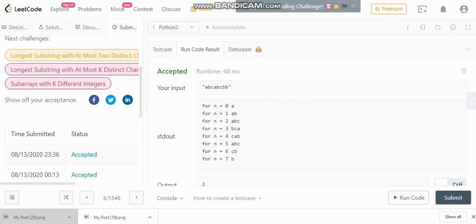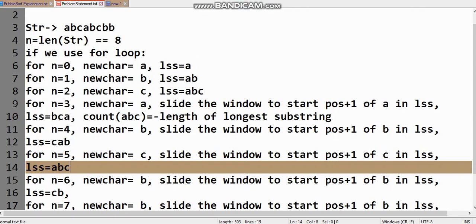For the first iteration it is A, then AB, then ABC, then with sliding of the window it becomes BCA, CAB, then ABC again, then CB, then B. And if you see the algorithm, this is what we wanted to do: A, AB, ABC, then CAB, then the longest substring is ABC, then BC, then B.